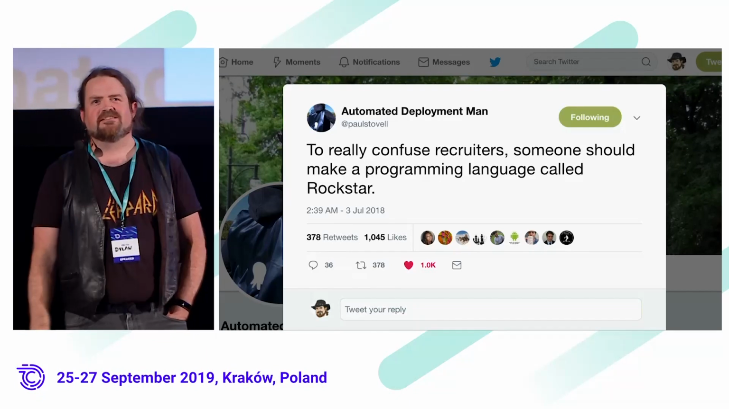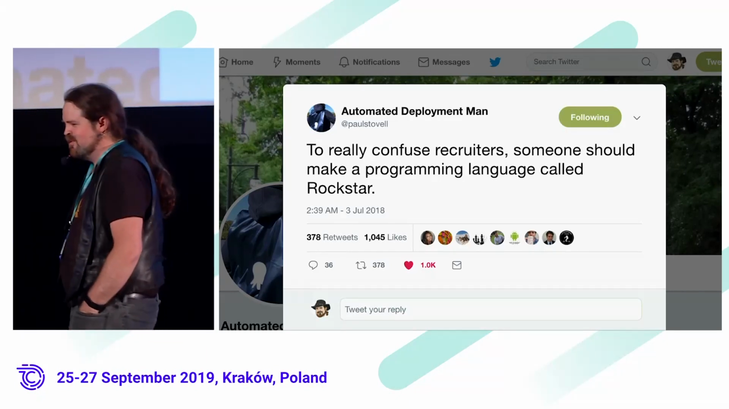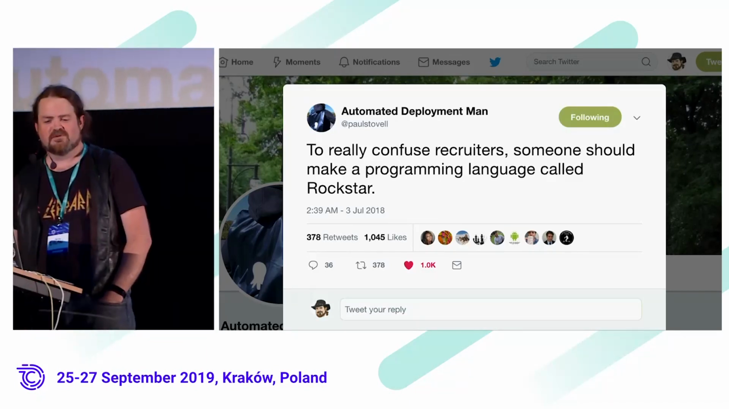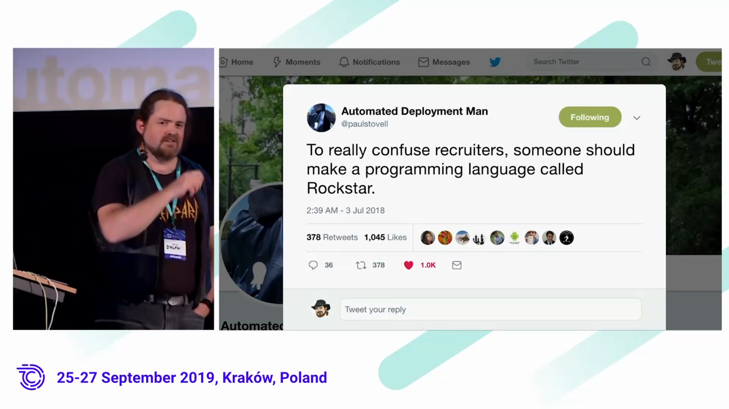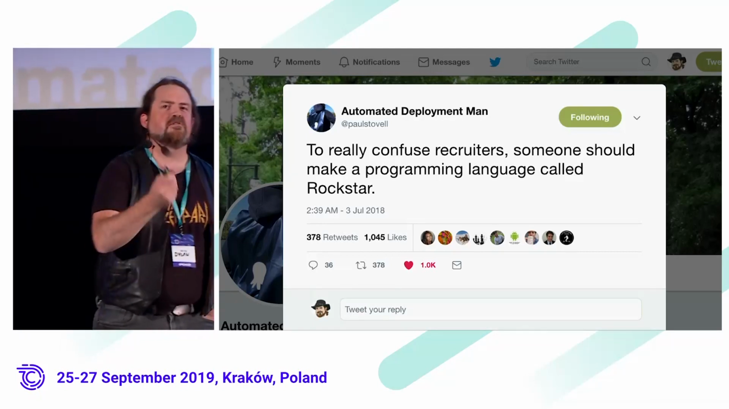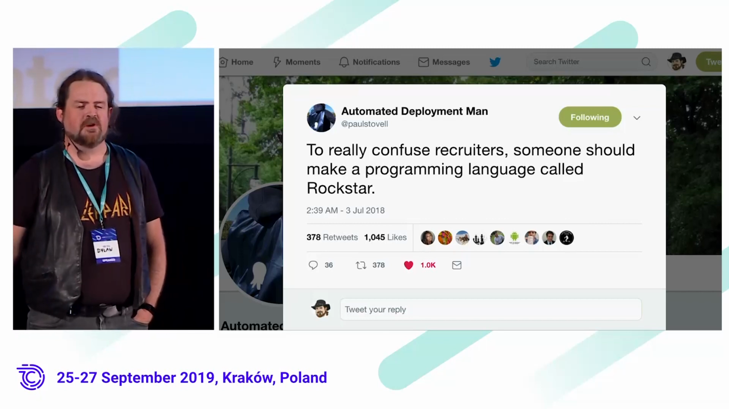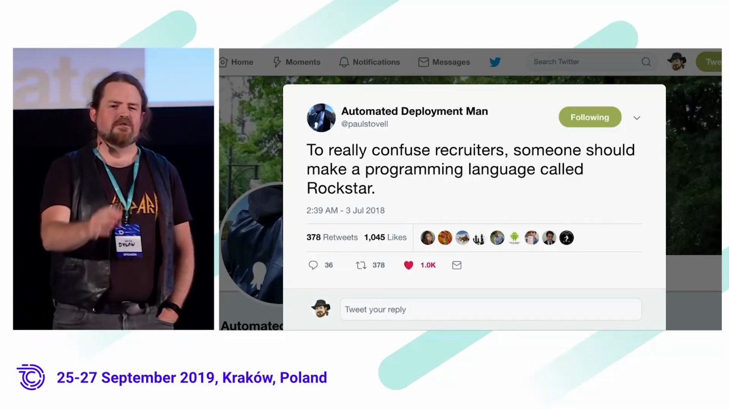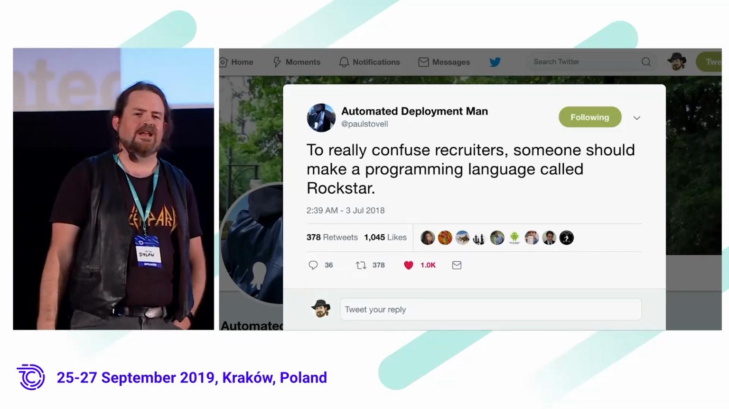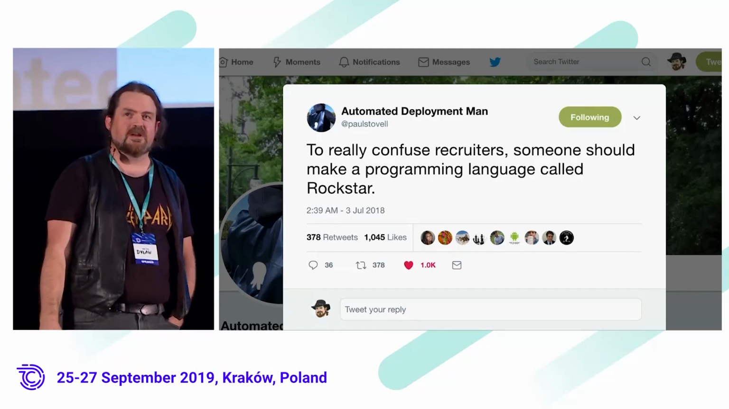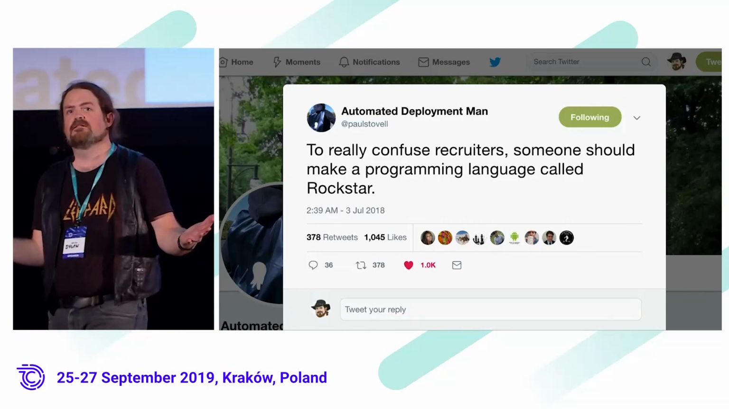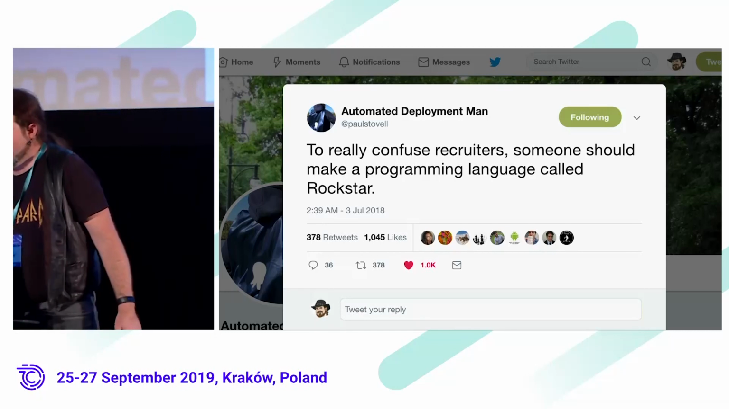And I want to finish by telling you about my contribution to the world of people doing idiot, stupid things with computers. Because last year, Paul Stovell, the founder of Octopus Deploy, put this on Twitter. To really confuse recruiters, someone should make a programming language called Rockstar. Because you know the whole Rockstar developers, right? I hire a Rockstar developer. And I thought,